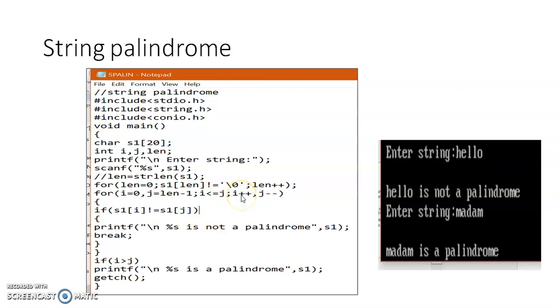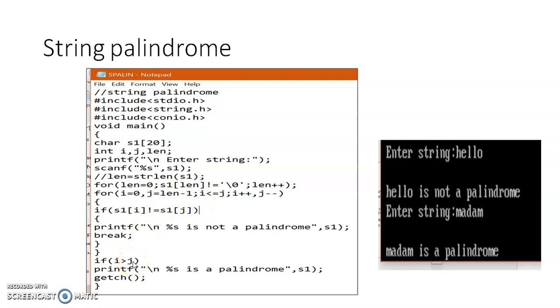Here i is incremented to move to the next character and j is decremented, traveling from the end, so it points to the previous character. a and a are equal. So it continues, i is incremented and j is decremented. Here i is greater than j, so now we don't have any more characters. The condition fails and we come out of the loop.